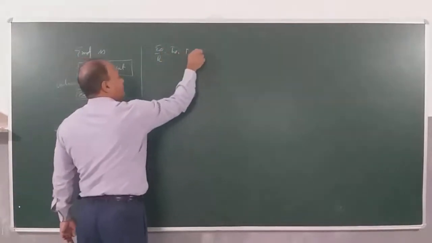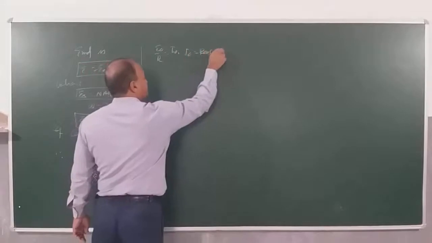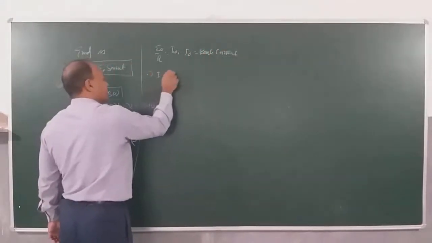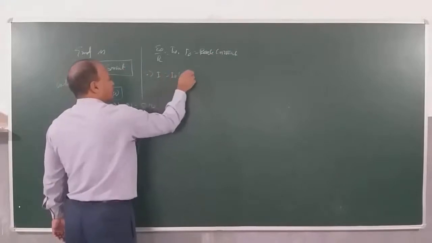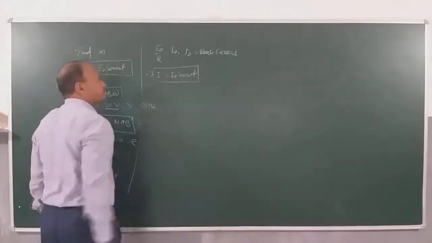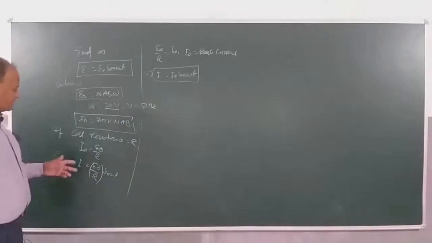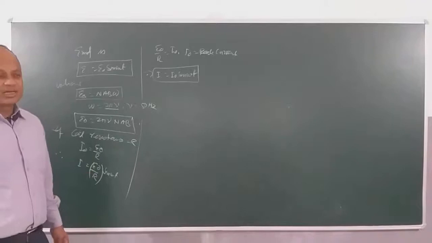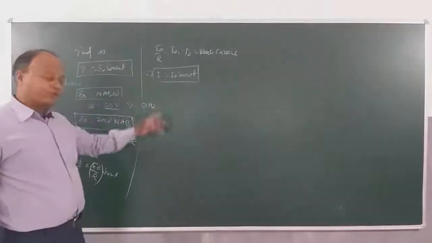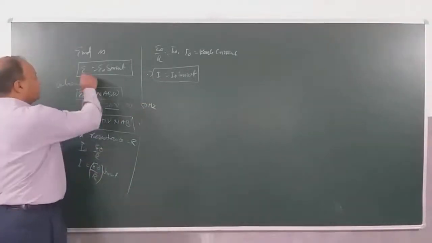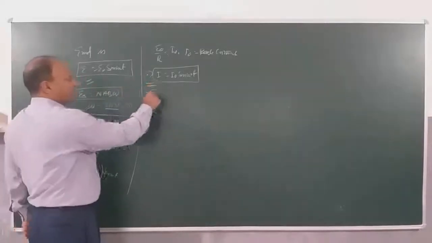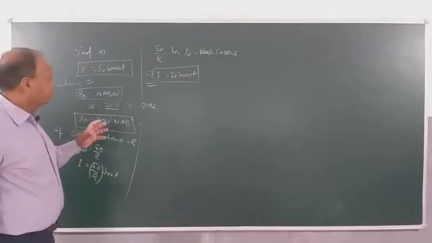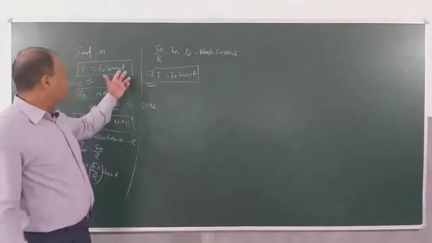And I naught is called peak current. So therefore instantaneous current can be written as I is equal to I naught sin omega t. Clear? We have to understand that E naught by R is what? Maximum or peak current. So we got beautiful resistance here. E equals to E naught sin omega t and I equals to I naught sin omega t. Right? Both the quantities are varying together because the phase is what?